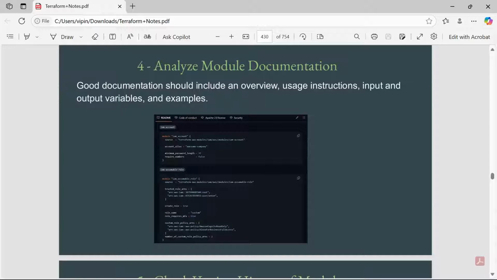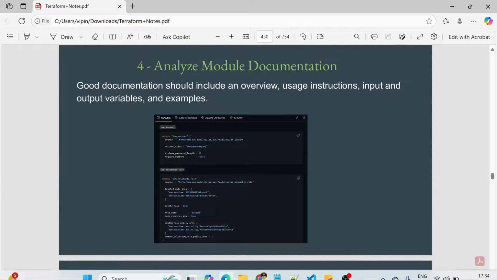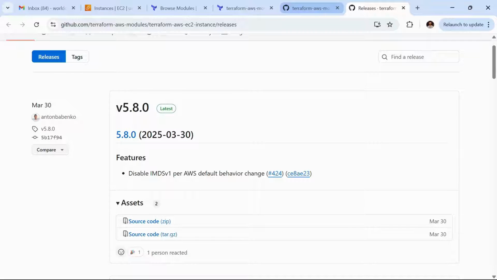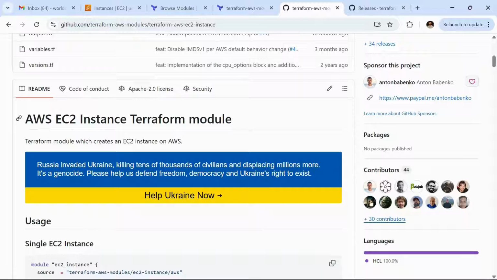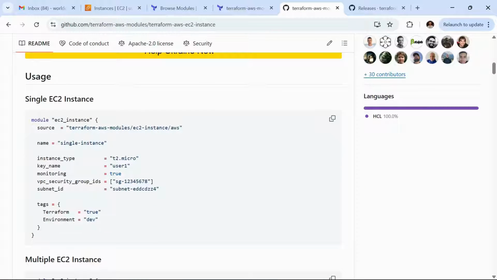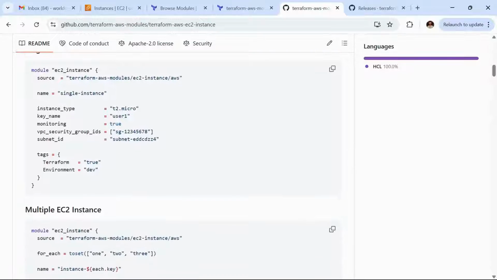Good documentation should include an overview, usage instructions, input and output variables, and examples. So we have just discussed that as well. Okay, so if we go here, a good module always has proper documentation, and they have also mentioned what parameters you need to pass in order to use this module.